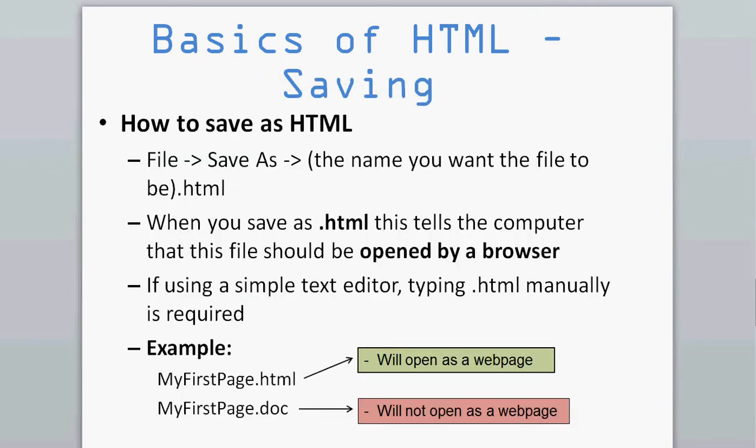How to save as HTML. File, save as. The name you want the file to be .html. When you save as .html, this tells the computer that the file should be opened by a browser. If using a simple text editor, typing .html manually is required. Example: